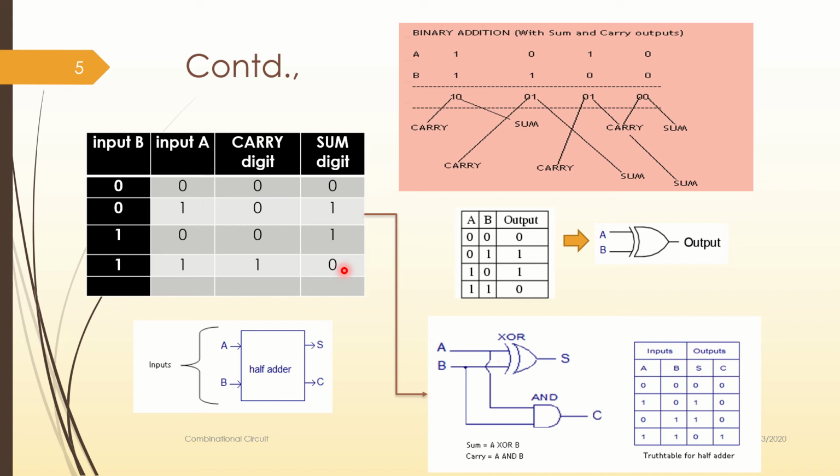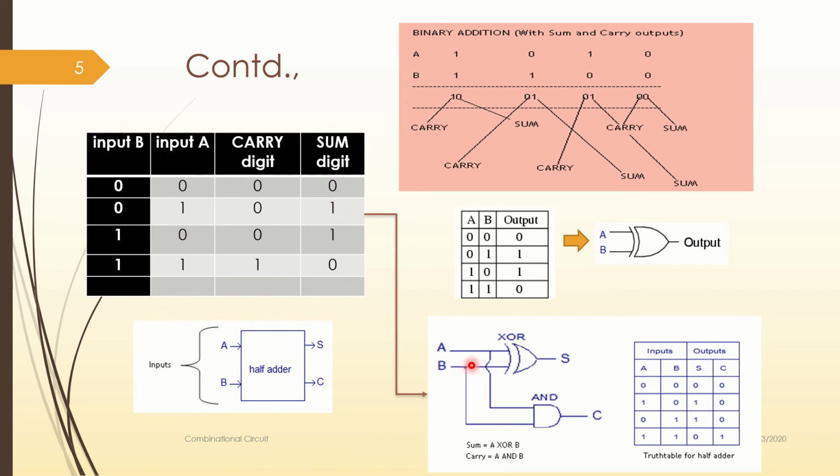Now we need to understand what exactly are the gates required to build the half adder. This is the truth table for the half adder and we now need to derive the expressions which will help us in building the circuit completely. Let's understand first with sum. Where are all the ones available? This is 0, don't worry. This is 1 and this is 1. These are all the two cases where we get 1, which means this is the output that we need to bother about. So input for B is 0, input for A is 1. Similarly, input for B is 1, input for A is 0. So can you recollect something out here? This is nothing but XOR gate's functionality, right? We can now get the XOR gate for sum.